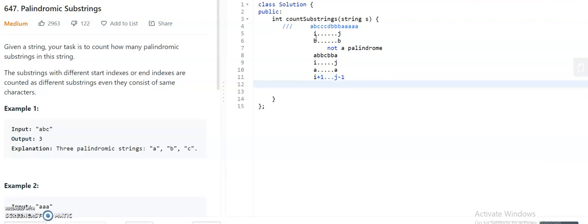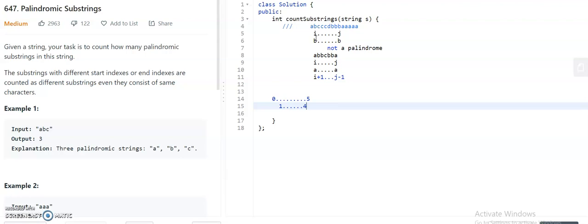So that is the DP logic I am going to follow here. We have a confusion about whether I have to make the DP traversal from front to back or back to front. For that I have to give one clarification. Let us suppose you are finding whether a substring from position 0 to 5 is a palindrome. For that you will need to verify whether the substring from 1 to 4, that is I plus 1 to J minus 1, is a palindrome or not.